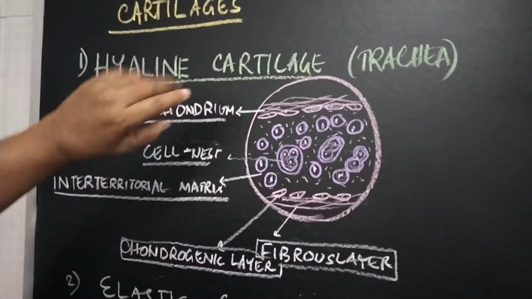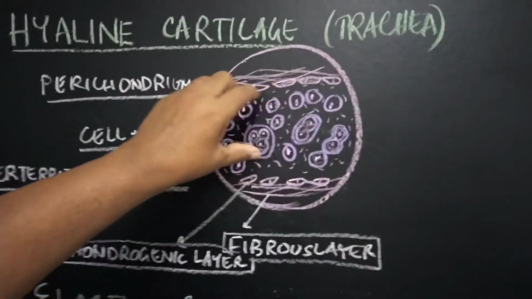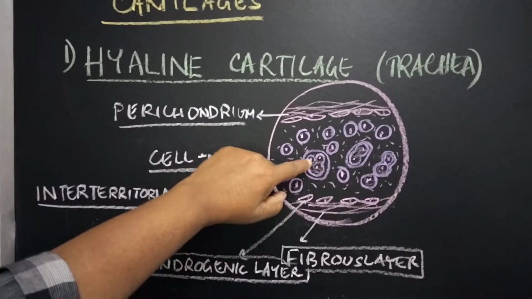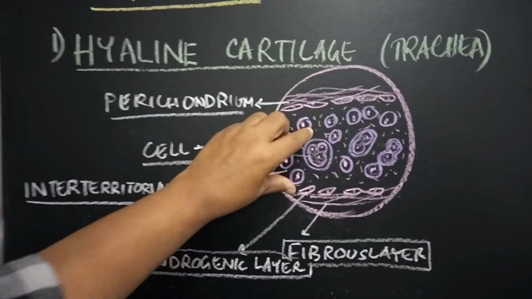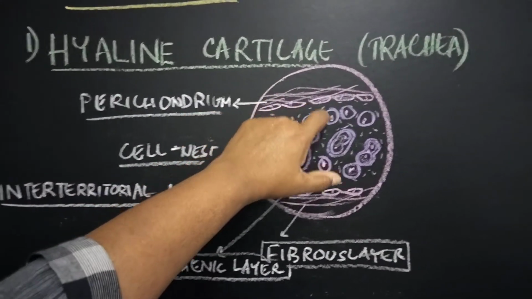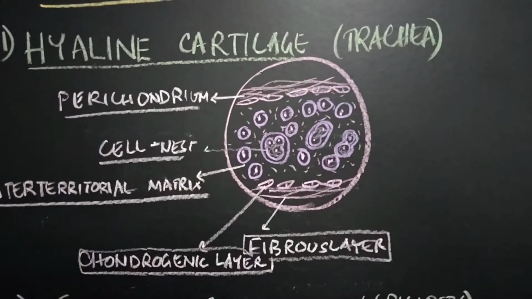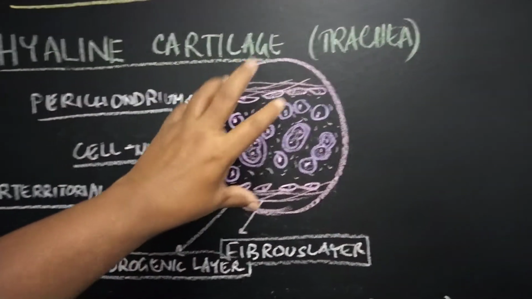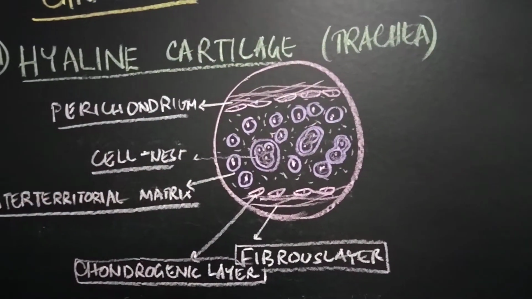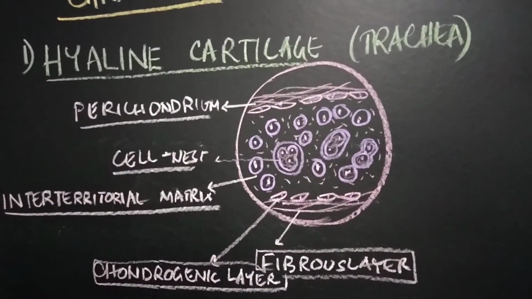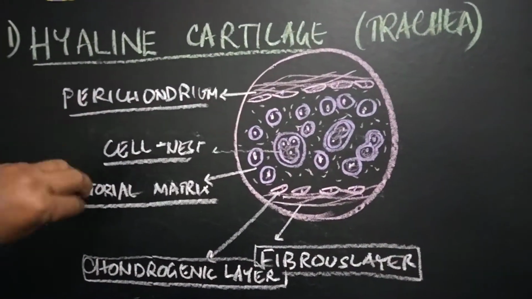perichondrium repair. Now this is the main substance of the hyaline cartilage, where the hyaline chondrocytes are present in clusters. These are called cell nests, covered by an empty halo, and this is the ground substance, which is glassy in nature. Mainly chondroitin sulfate is present here, and this is otherwise called the interterritorial matrix. This hyaline cartilage is present in the trachea, where continuous inspiration and expiration goes on. So the oxygen demand is more,